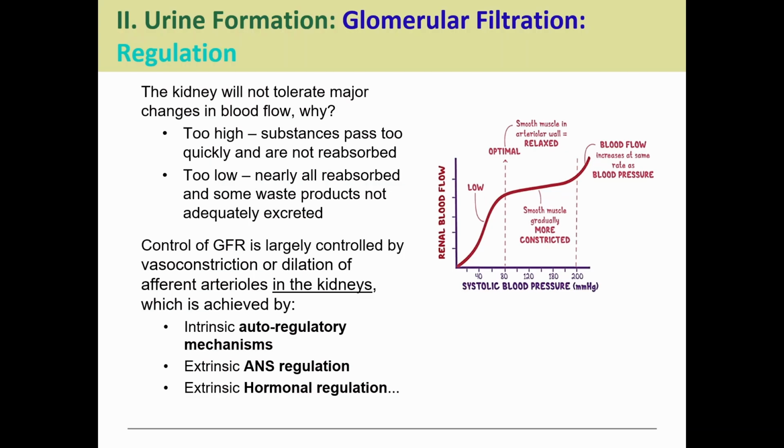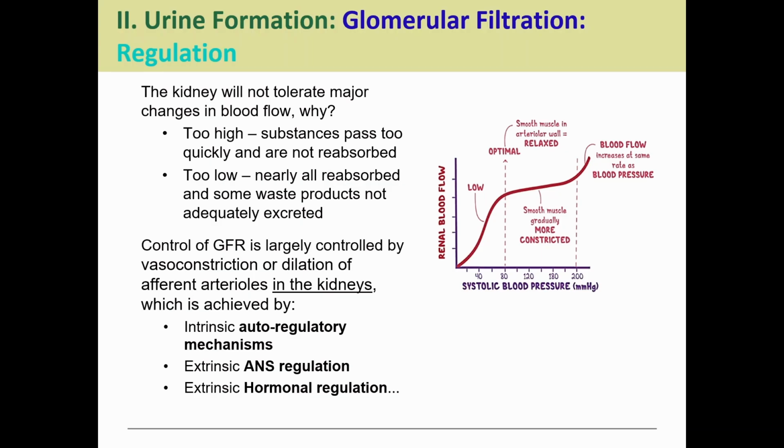We want to excrete them. And so if blood flow is too low, some of those waste products are going to be absorbed too much, and we're not going to be properly getting rid of them. So how do we control this? This is going to be controlled via the vasoconstriction or dilation of those afferent arterioles. Basically, we can use those arterioles to control how much blood flows into the kidneys at any given moment,